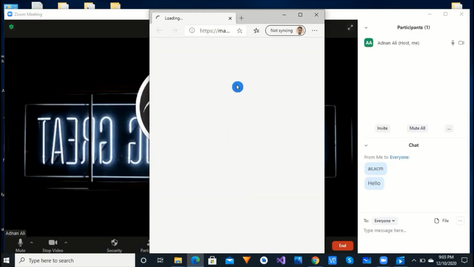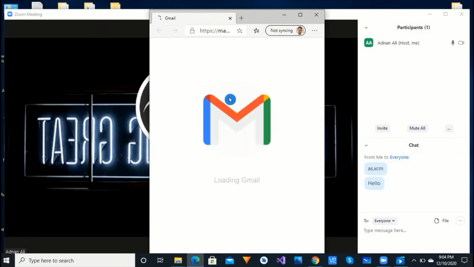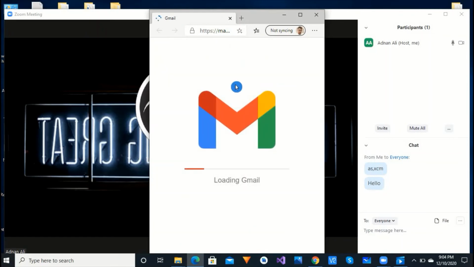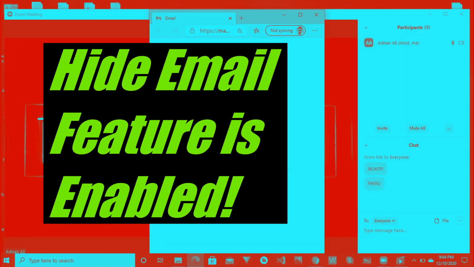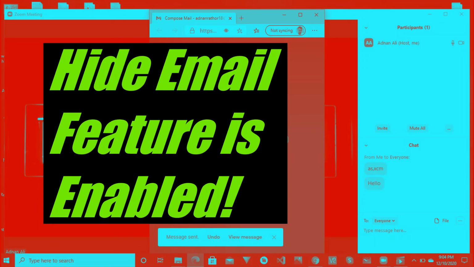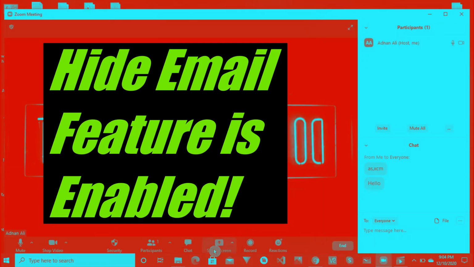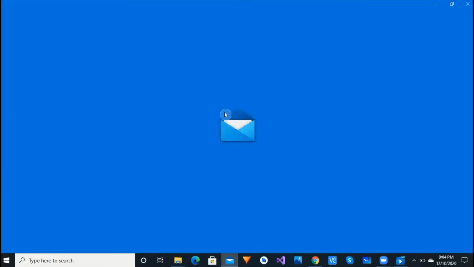Here I have added some security features. The hide email feature is enabled because of certain security, so I'm not gonna show my email here. But don't worry, if you have any query, you can comment below. I will reply whenever I get time. Okay, so we're gonna end the meeting.